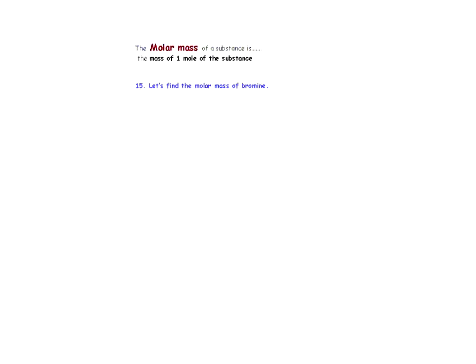Okay, now when you hear the term molar mass, what does that mean? The molar mass of a substance. Well, if you just think about it, it's the mass of 1 mole. That's what molar mass means. So if the question said find the molar mass of bromine, we need to find the mass of 1